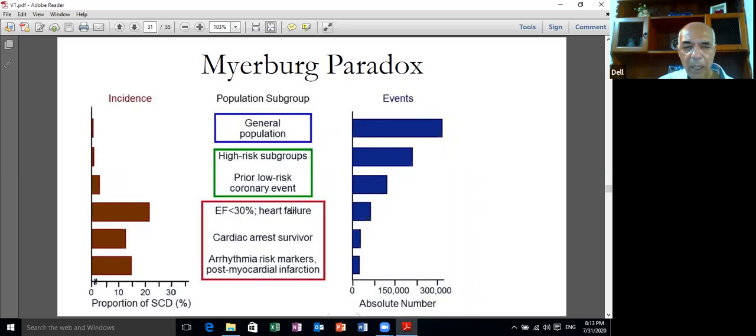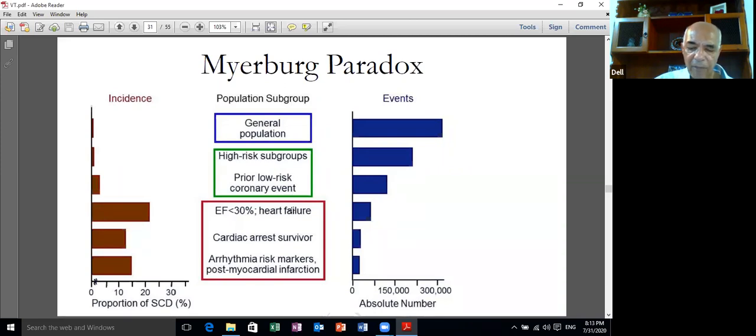So actually, our present criteria, which depend essentially on pump function, identify those at an electrical disadvantage, which is very distressing for every one of us. And under these circumstances, we identify the minority of the people. We don't have, unfortunately, good indices by which we identify the large majority of patients with sudden death from the general population. This is called the Myerburg paradox after Robert Myerburg,